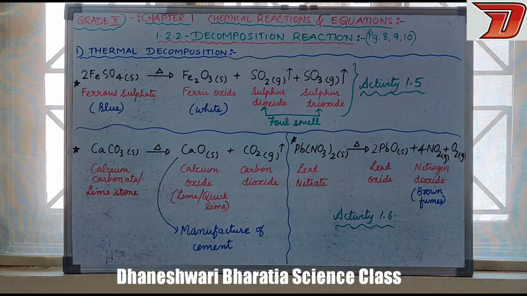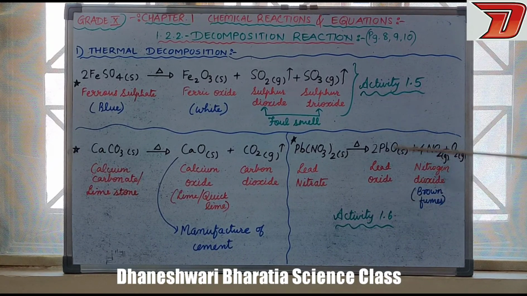Here the same thing you all have to do: take 2 grams of lead nitrate. Lead nitrate is nothing but Pb(NO3)2, in a test tube. Supply the external heat. On supplying this, nitrogen dioxide and oxygen gases will be released with the formation of lead oxide. Is this clear? This is one of the most important equations asked for balancing also, okay.